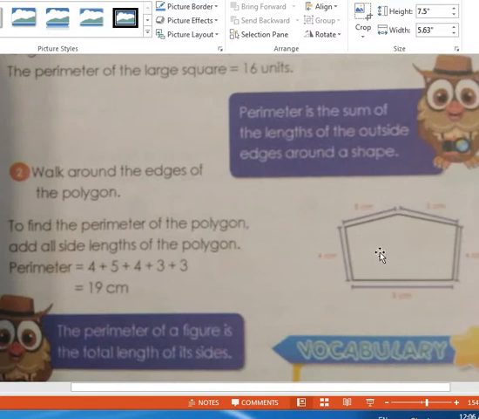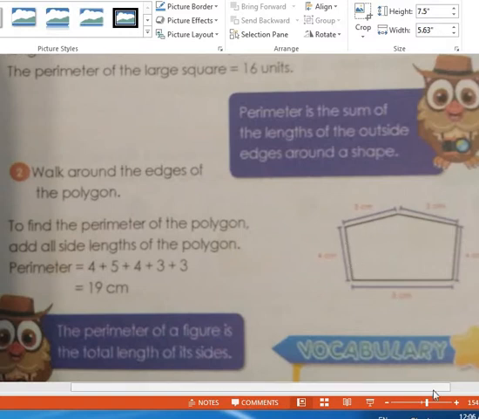Here he gives me a polygon. A polygon means a shape with line segments. To find the perimeter of a polygon, add all side lengths of the polygon. Perimeter here equals 4 plus